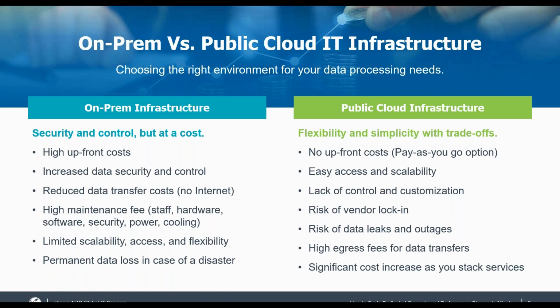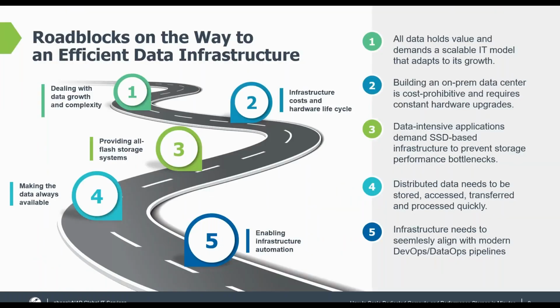So as we move to the next slide, we want to try to find the things in our way to making this easier and the solutions that we can use to address them, right? And so when we look at the high level categorizations of what's standing in your way to being efficient with data, we think that it starts with just finding a way to extract the data out of the large data sets and complex data sets that you have in your environment. Dealing with that growth is challenging just from an understanding perspective. Meeting that with the infrastructure components and dealing with the hardware lifecycle that goes along with that, the continuous capital investments, the